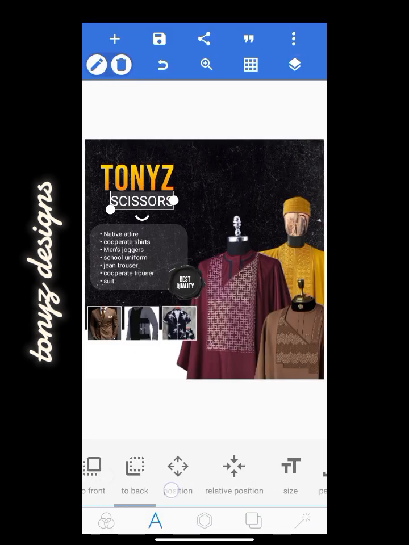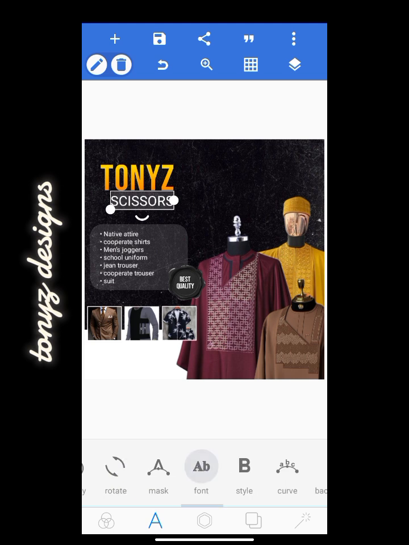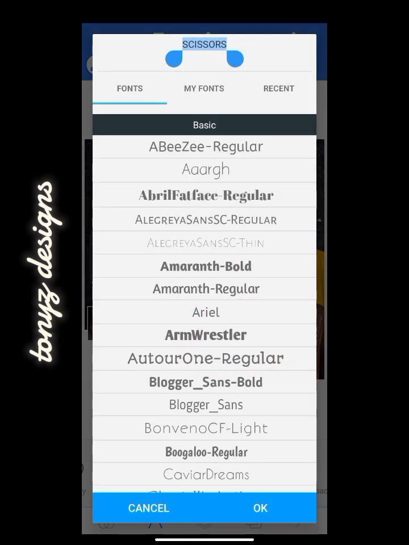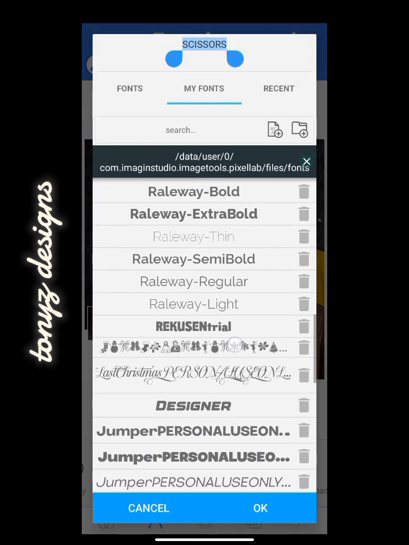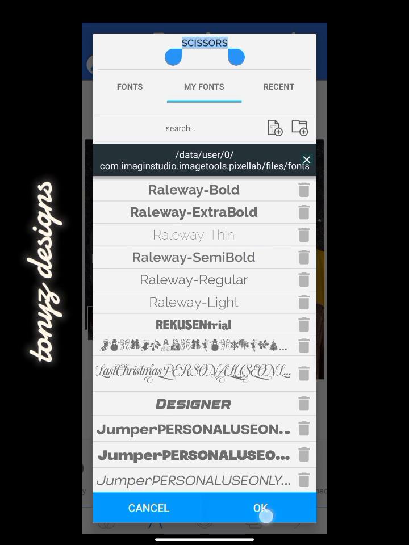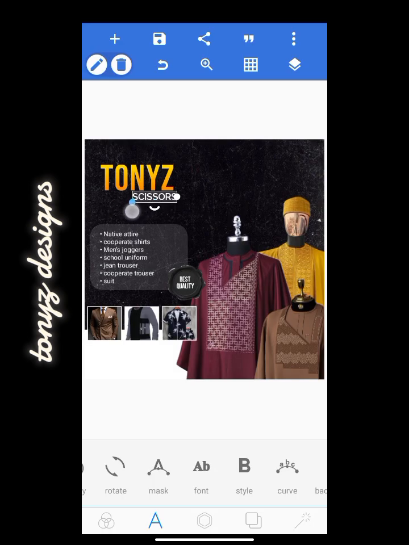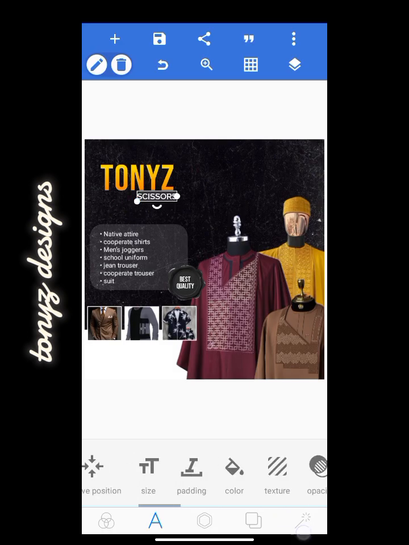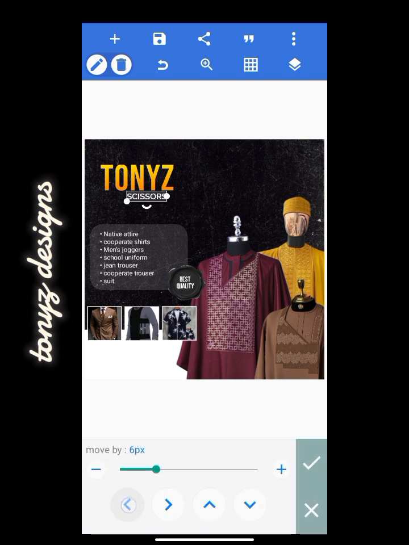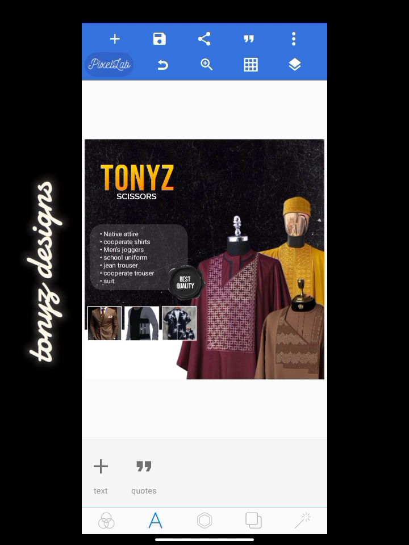Okay, so for this one, we'll go over to font and select a semi-bold font, this exact font here. And we'll reduce the size a little bit. We'll use the position tool to try and adjust it at the center of this. Okay, we'll be locking